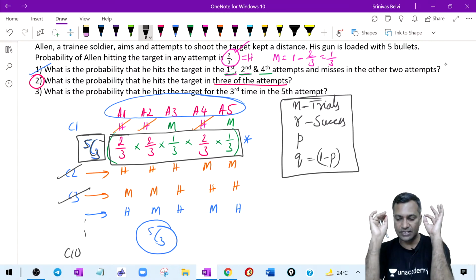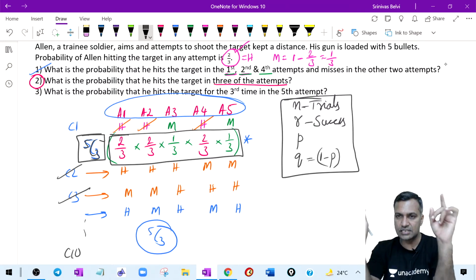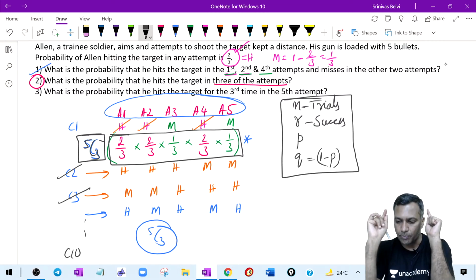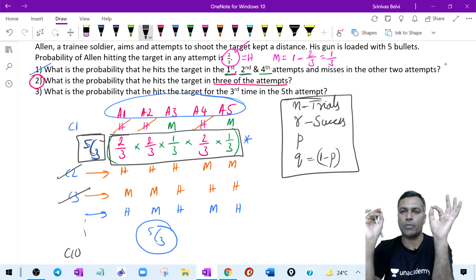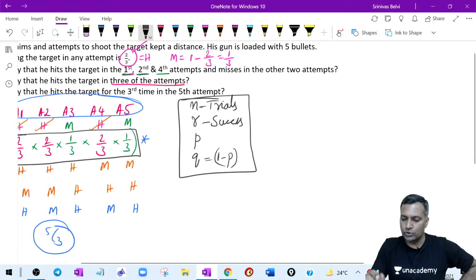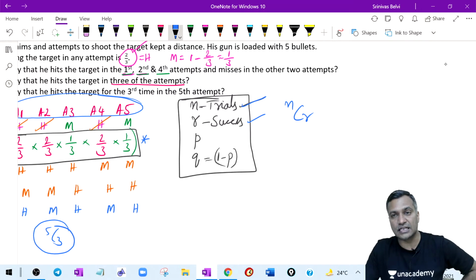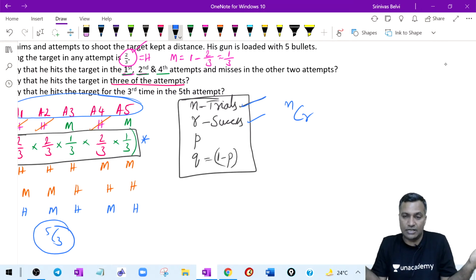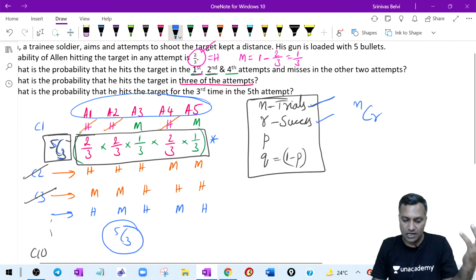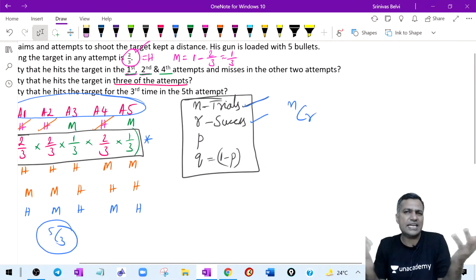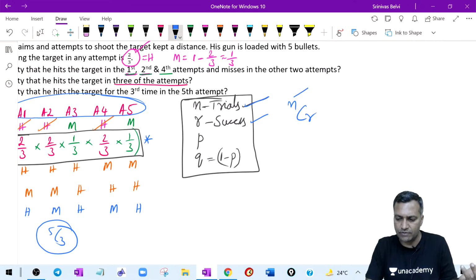That's it. I will take n trials. Out of n trials, I want R successes. P is the probability of success. Q is the probability of failure. How do I put it in perspective? Out of n trials I want R successes. Therefore, I will decide which R should be the successes, called NCR, because it need not be the first three or the last three in this case, just like we discussed. Already n is 5, R is 3, 5C3: any three can hit.